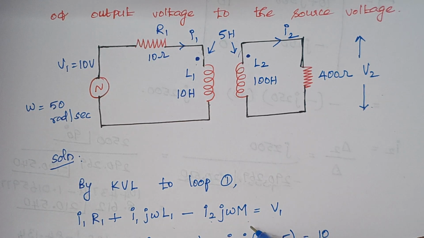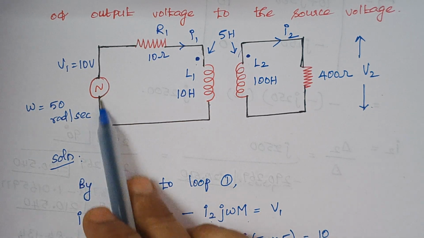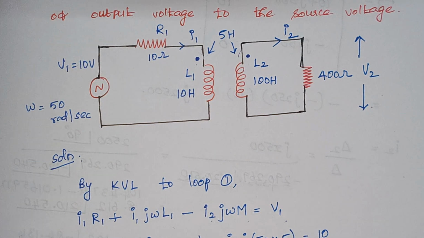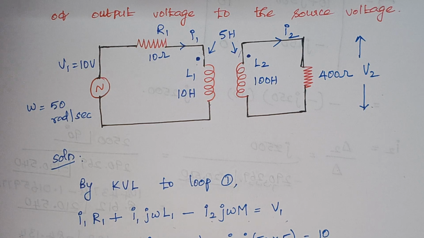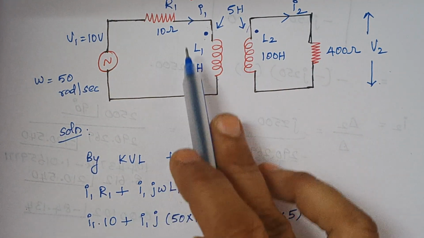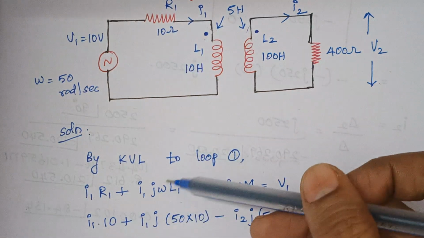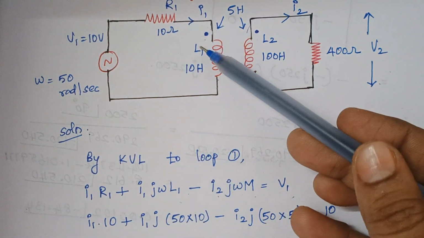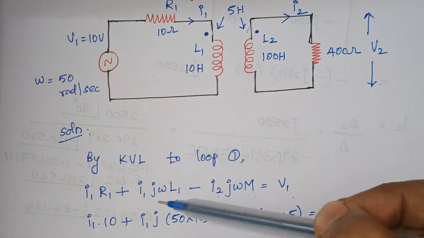This is the expression here, which is equal to your source voltage, V1. Now again, as usual, just substitute the values. Here in the primary side, we know the value of R1. Here R1 is 10. And again here we know the value of L1, which is also 10, and the value of omega